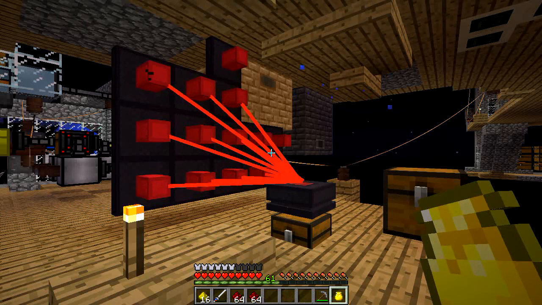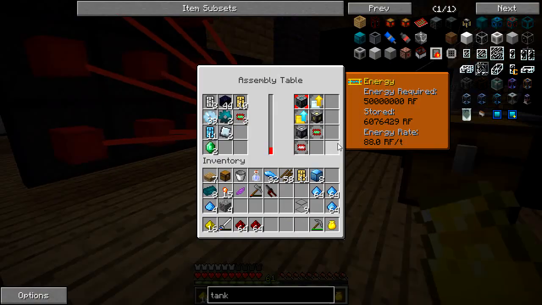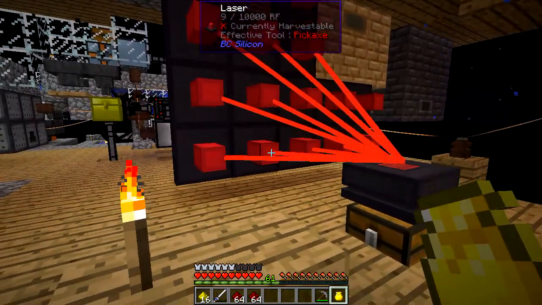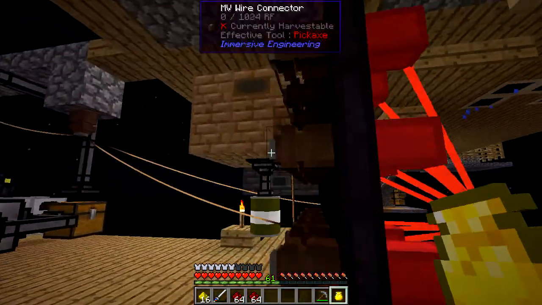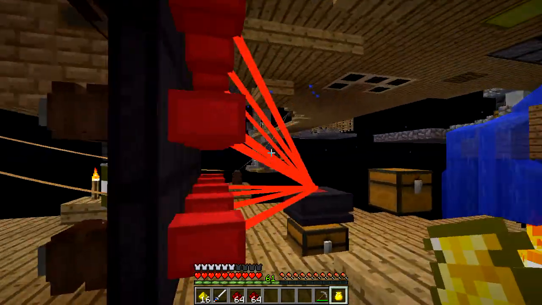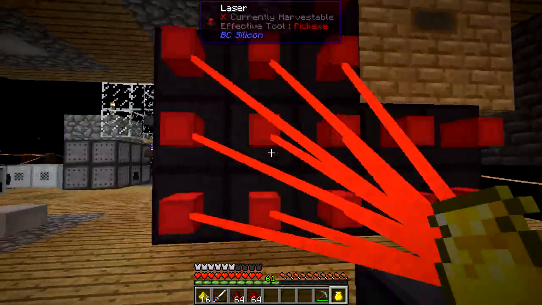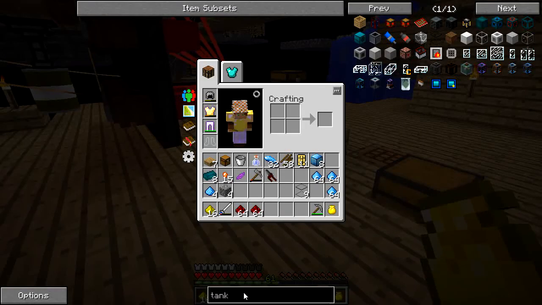Alright, I'm kind of at an impasse here because I can't craft more redstone circuits until this crafting is done. So I made a couple more lasers using the diamantine vacuum tubes, and the back side of this is kind of a mess. I'm running out of connectors, so I was looking through some possible